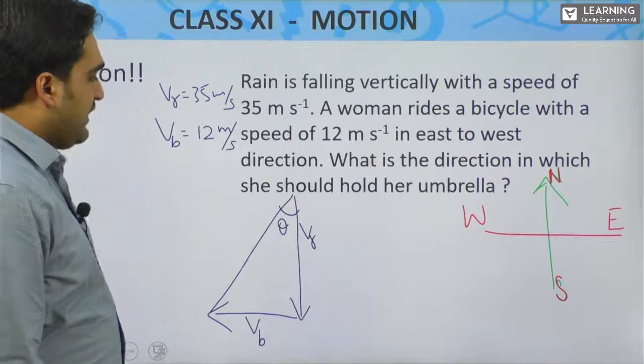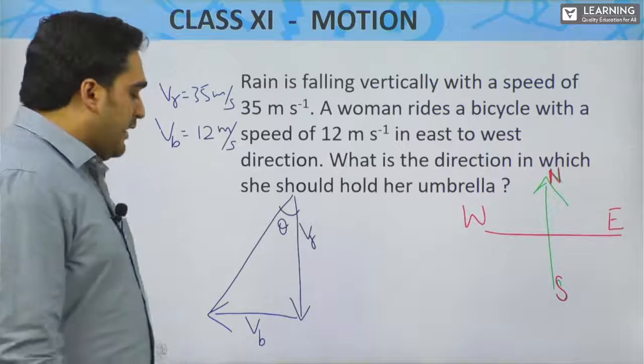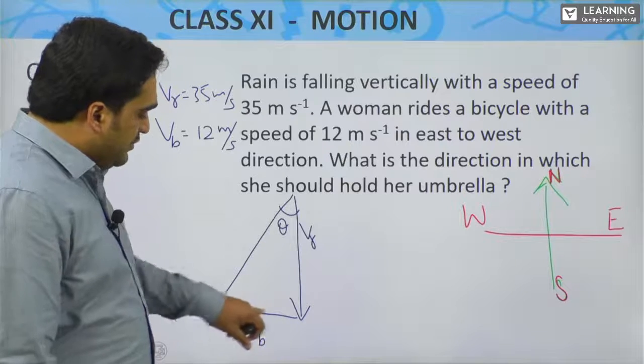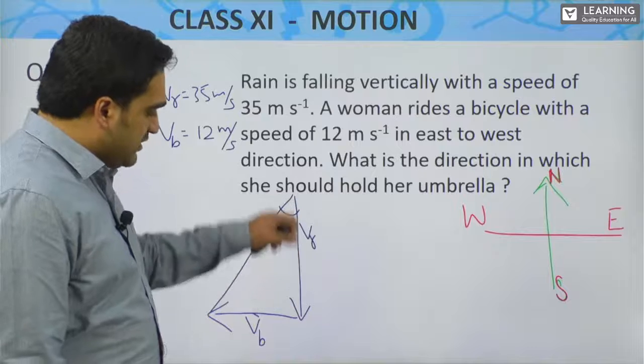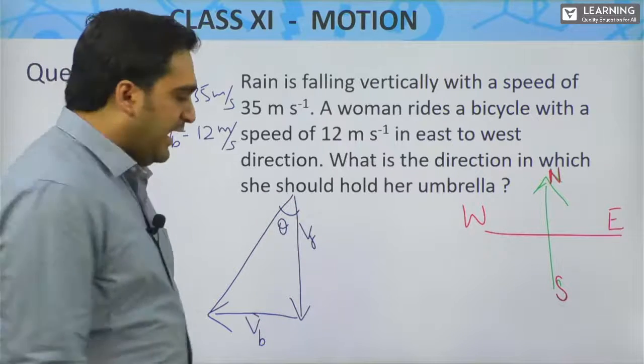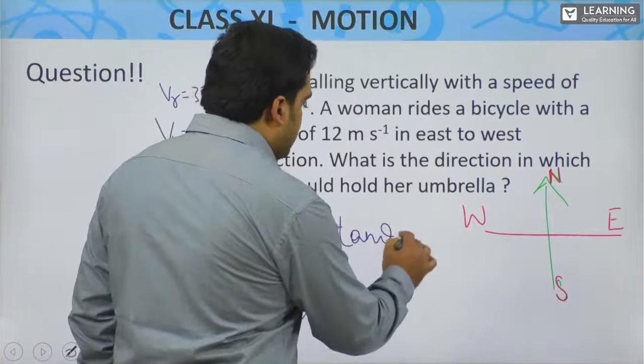To identify the angle, we use a simple trigonometry ratio. And what trigonometry ratio is that? You have opposite and you have adjacent. Opposite and adjacent gives you tan theta. So tan theta is equal to